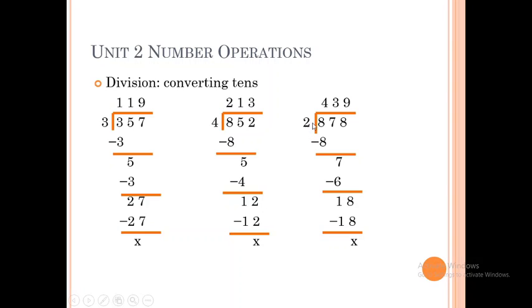Read the table. 2 threes are. Always write the number here. Step by step, with each step you have to write the number. Read the table and write. How? 2 threes are 6. You cannot write 2 fours are 8 because 8 is bigger than 7. It must be smaller than the number which is going to be divided. So 2 threes are 6 and after subtraction you will get 1 here as remainder. So 1 ten is remaining here undivided.